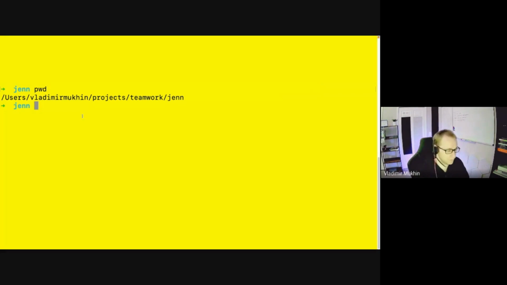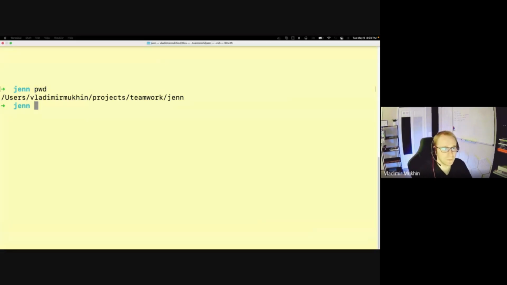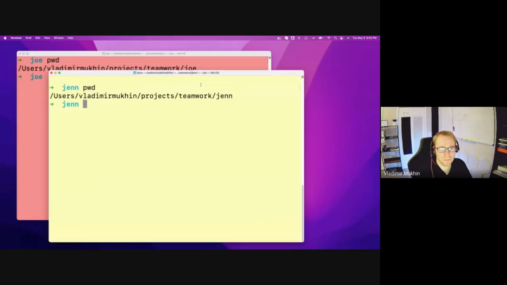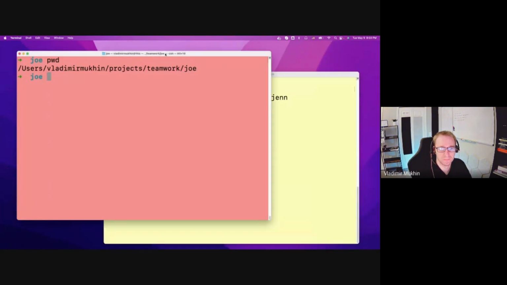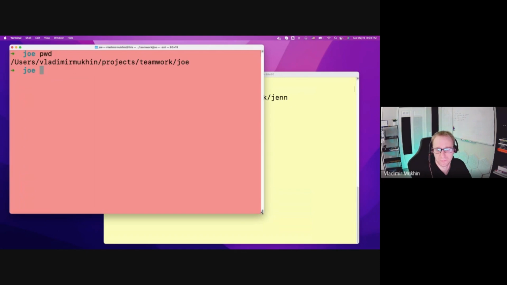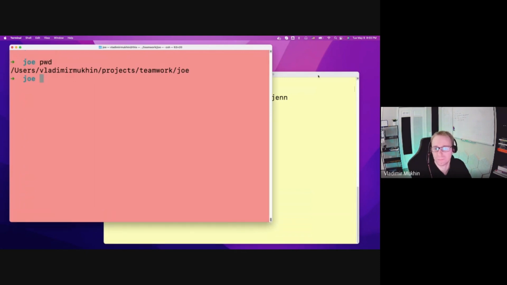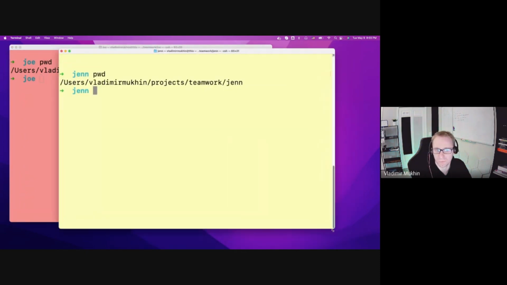Yeah, very good. Are these two screens visible enough? Because we'll be switching between them very often, so I want to make sure you can read them